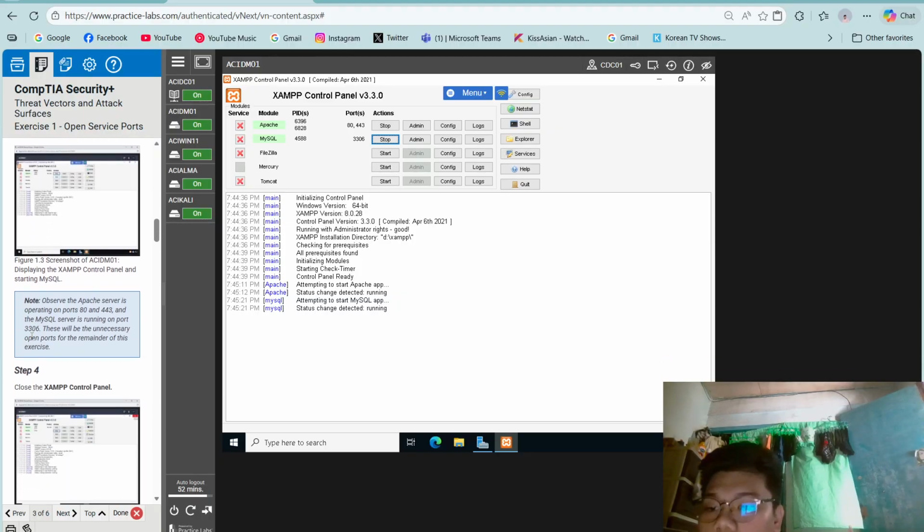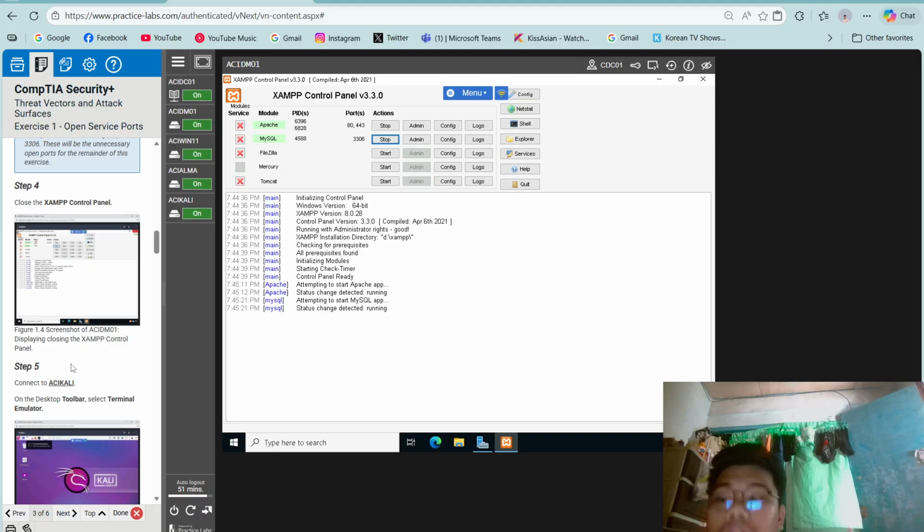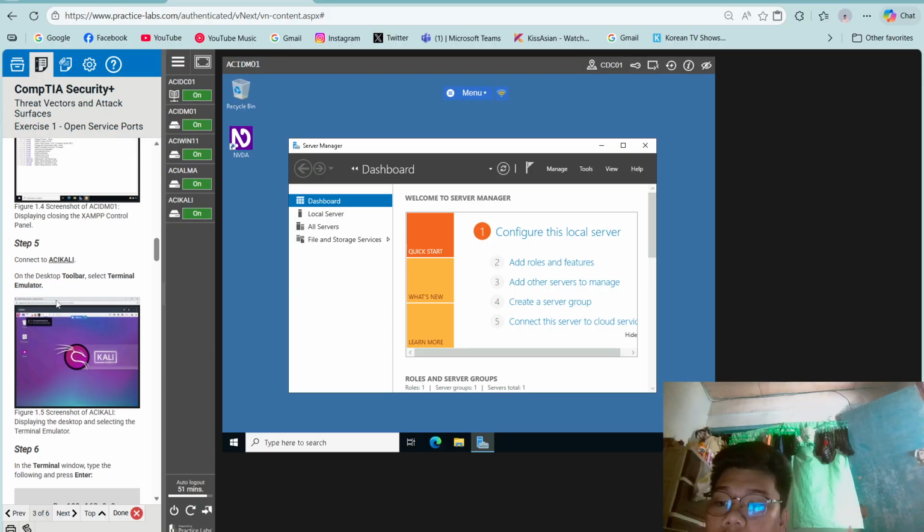Note, observe the Apache server is operating on ports 80 and 443, and the MySQL server is running on port 3306. These will be unnecessary open ports for the remainder of this exercise. So close the XAMPP control panel.